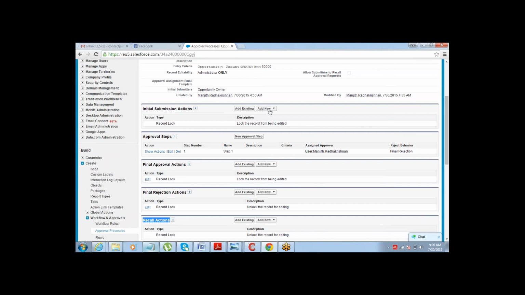So what happens at these stages, that's what needs to be defined. In the submission action, you can just go to add new and do the field update. This time, as I told you, email alert is not the best thing to do here. Field update is the best thing. And which field are we going to update? The approval status, correct? So initial submission action should be a field update. The approval status field should get updated to pending. Click on this.